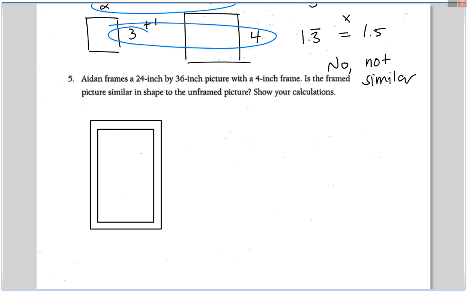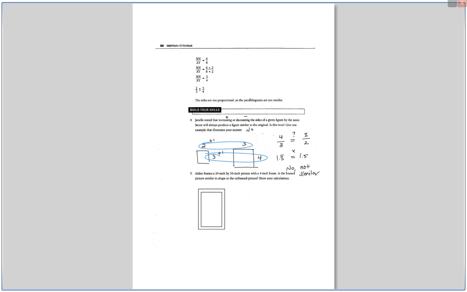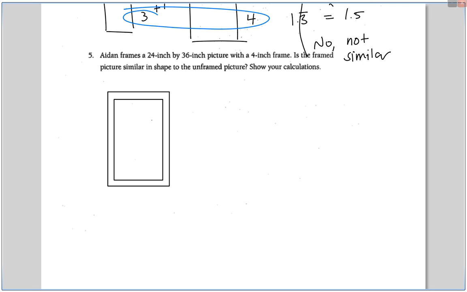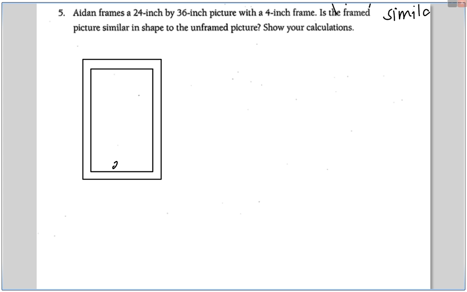It's 24 by 36, and it's a 4-inch frame, so that means you're going to get 4 that way and 4 that way. So add 4,